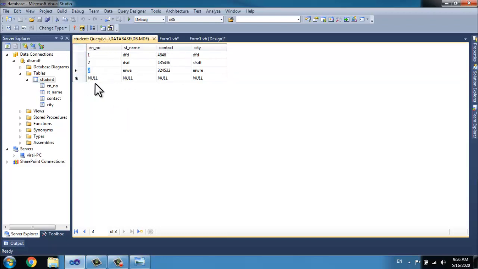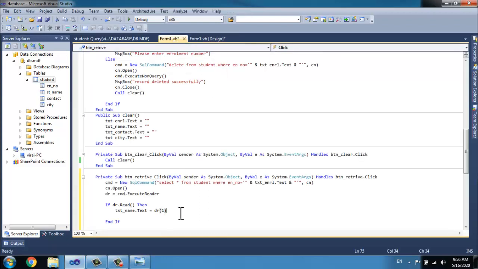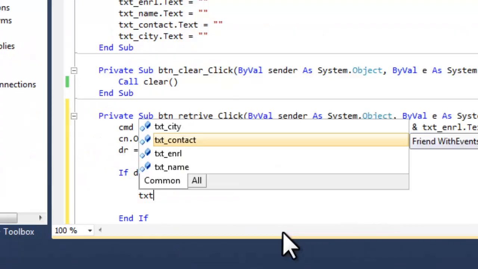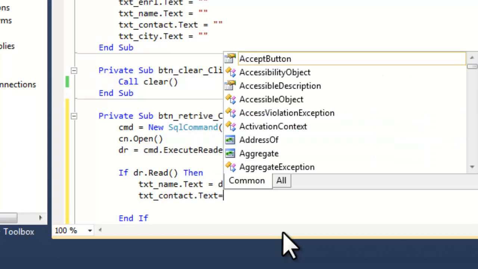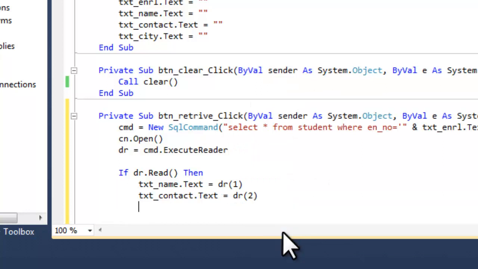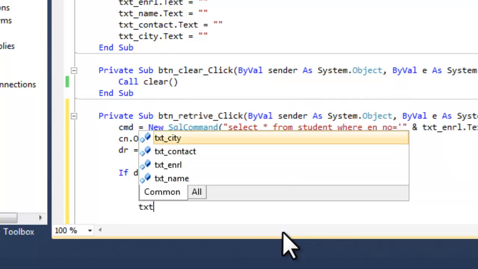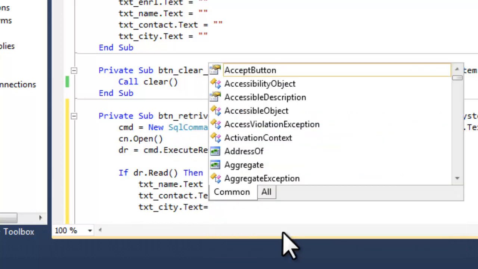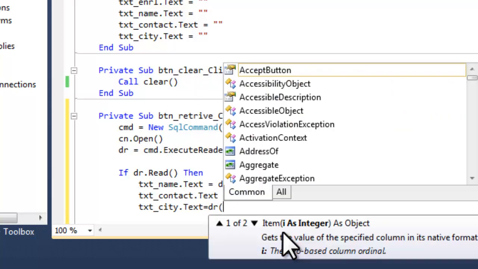We are fetching data using the enrollment number, that's why we are not fetching that column. So we directly fetch 3 values: student name, contact and city, at 1, 2 and 3. Now second, txt contact dot text equal to dr 2. Now third, txt city dot text equal to dr 3.